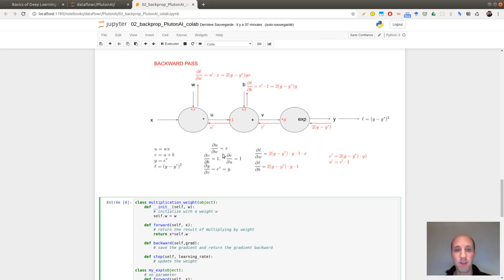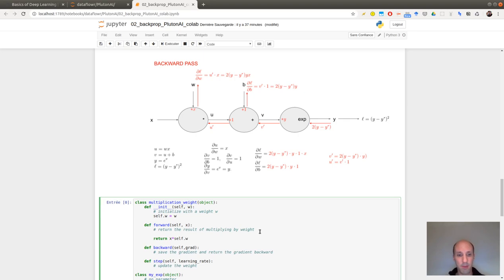You see that the gradient with respect to w is simply x. So here, when I'm doing the forward, I will need to save x in order to be able to recover it when I'm doing the backward, because the backward will correspond to multiplication by x.